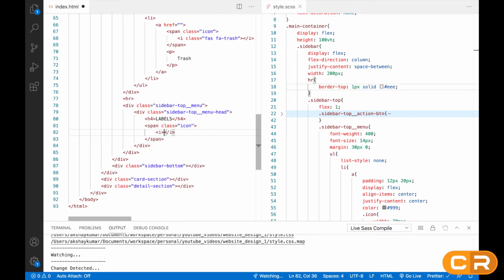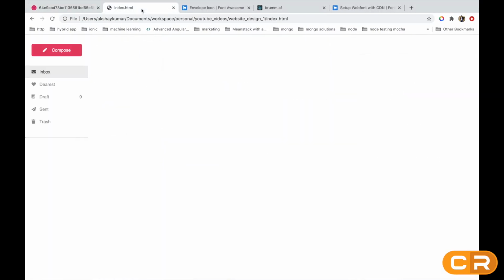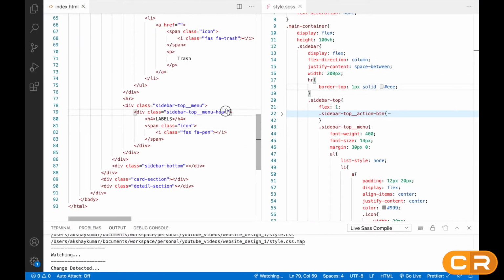Here we can write class FAS FA-pen. This is a Font Awesome class, so it will look like this. So let's start doing CSS for this.